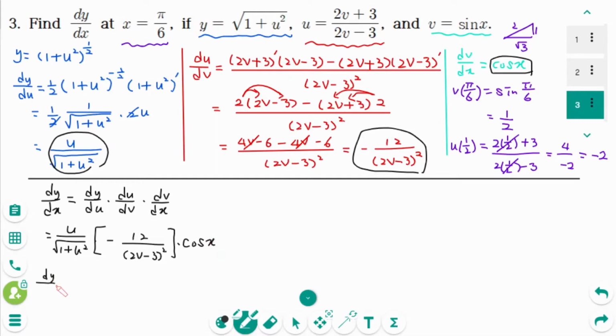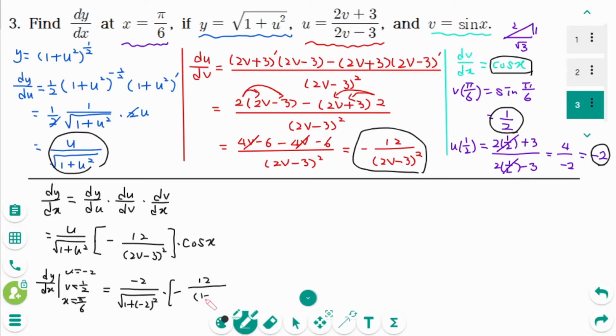Then dy/dx, when x equals pi over 6, then v equals 1 over 2, then u equals minus 2, is minus 2 over the square root of 1 plus (minus 2) squared times minus 12 over (1 minus 3) squared